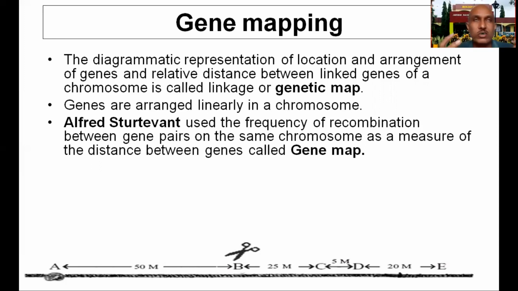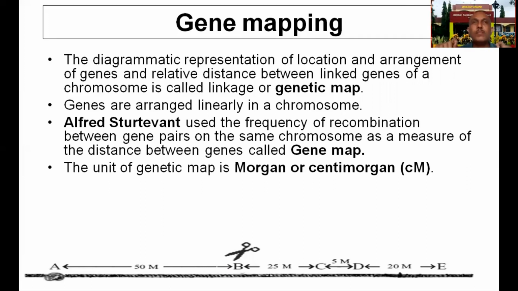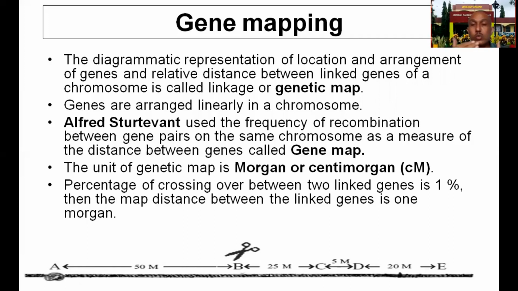So Alfred Sturtevant used the frequency of recombination, जो recombination का frequency मिला, that is 1%, for example, gene pairs on the same chromosome as a measure of the distance between the genes और उन्होंने बोला जीन मैप। अगर 1% है रिकॉम्बिनेशन तो 2 जीन के बीच में डिस्टेंस 1 जेनेटिक मैप है। अगर 5% मिला रिकॉम्बिनेशन, 5 जीन मैप है। ऐसा द यूनिट ऑफ जेनेटिक मैप उन्होंने cM, स्मॉल c कैपिटल M, दैट इंडिकेट्स सेंटीमीटर नहीं, सेंटीमॉर्गन, क्योंकि वो स्टूडेंट है मॉर्गन का, तो उन्होंने अपने गाइड का ही नाम दे दिया। Percentage of crossing over between the 2 linked gene is 1%, then the map distance between the linked genes is 1 centimorgan।